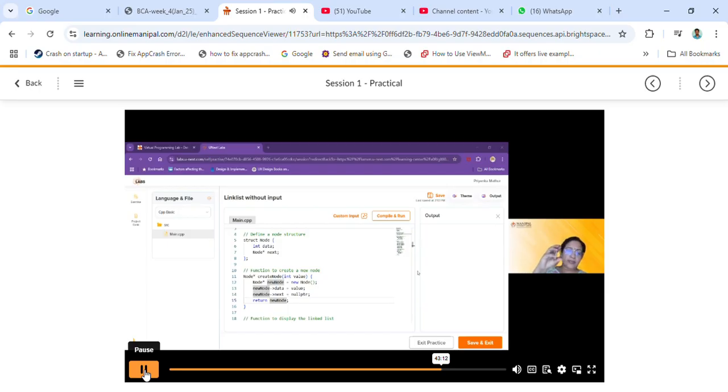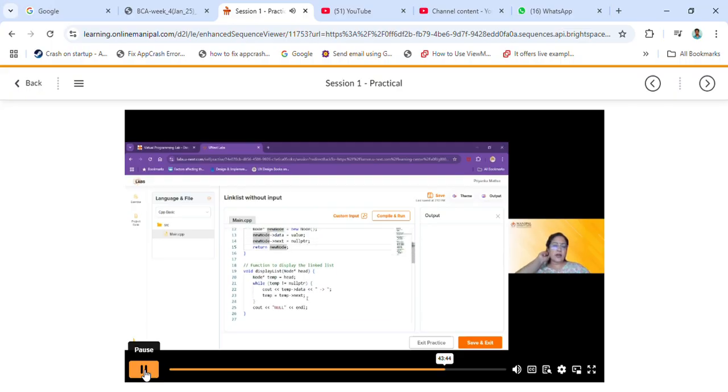First of all, we are creating node and then we are writing the function to create a new node. Okay. Understood, Shivam? Yeah. Now, since we have created the node,